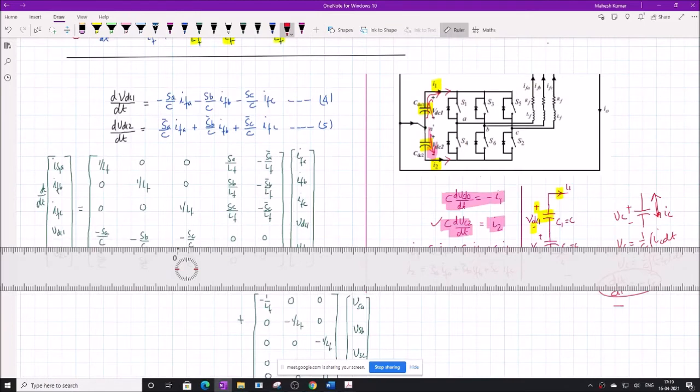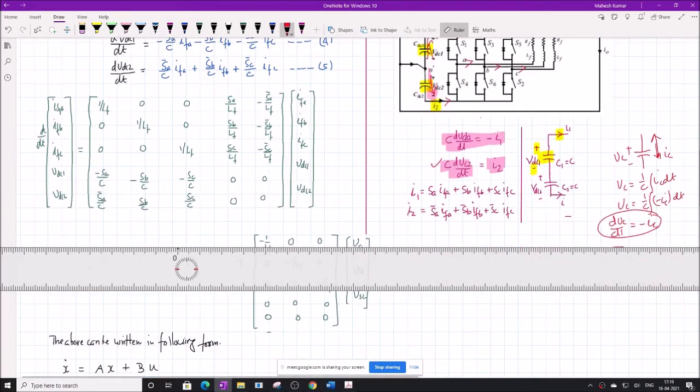Now what does this I1 consist of? It consists of this I of A, this current going here, I of B and I of C through a switching function. Obviously, when S1 is on, or when S3 is on, when S5 is on, only then the I of A, I of B, I of C contribute to the I1. So therefore we can express I1 as a function of the switching function and the current. So I1 is given as SA into I of A plus SB into I of B plus SC into I of C.